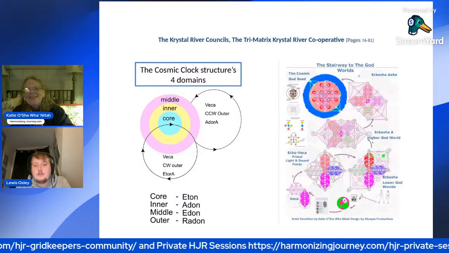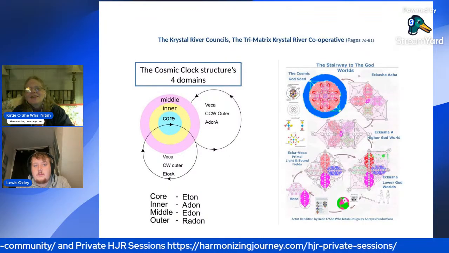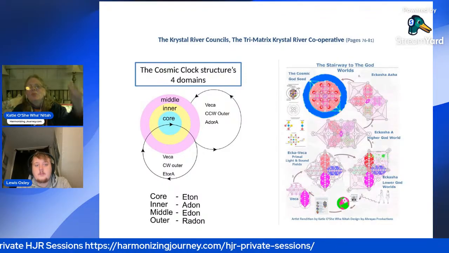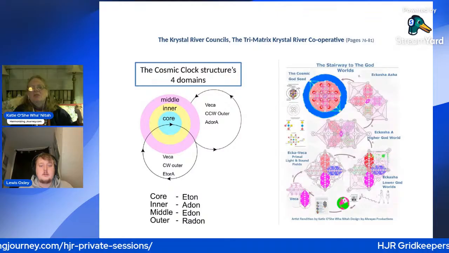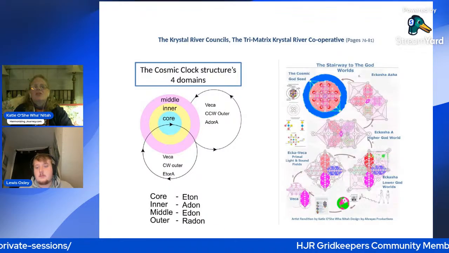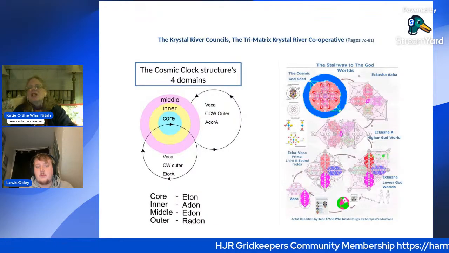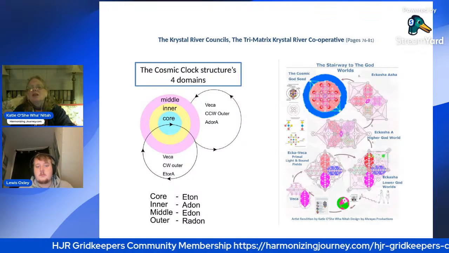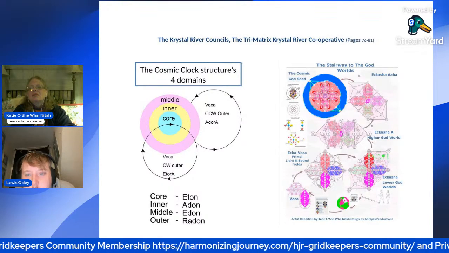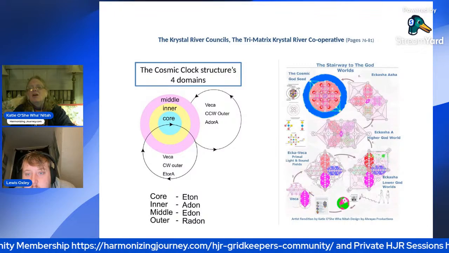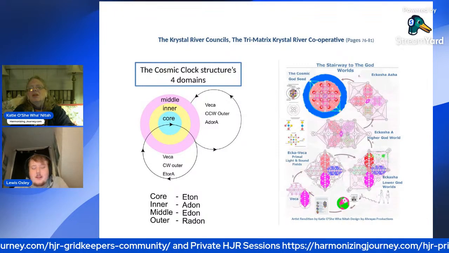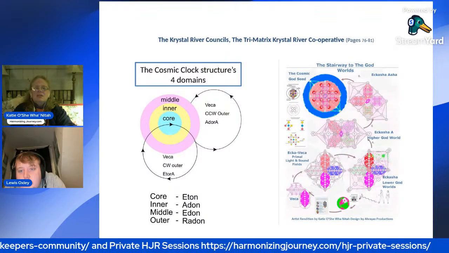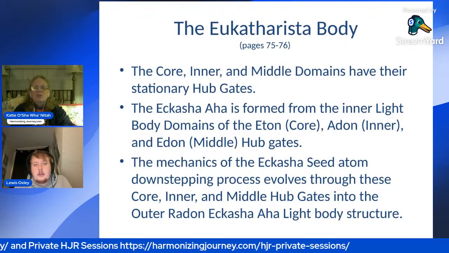That's what the Riche pillars create. And we looked at it last month, I think, when we were going into more detail about that, showing that cross structure. You can kind of see it when you're looking at the cosmic God seed, when you see the little red dots that make a cross shape. Yeah. Okay. That is the Ekutherista body.